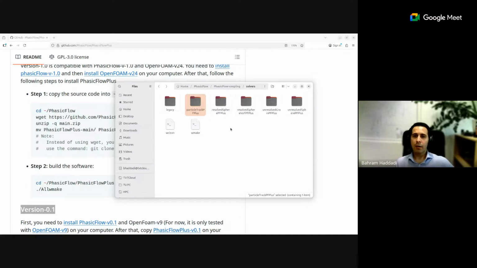But the other solvers, like the Resolved Sphere PF Plus and Resolved Sphere VOF PF Plus, are the resolved solvers for CFD-DEM coupling, which we are going to discuss in more detail in the next session. But the two which are more interesting for today's lecture are the Unresolved Grain PF Plus and Unresolved Sphere PF Plus. As you could already guess, the Sphere PF Plus is the pure